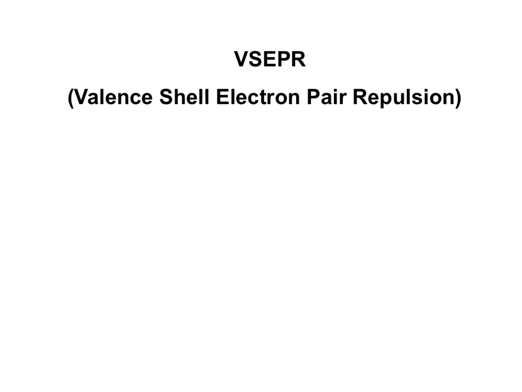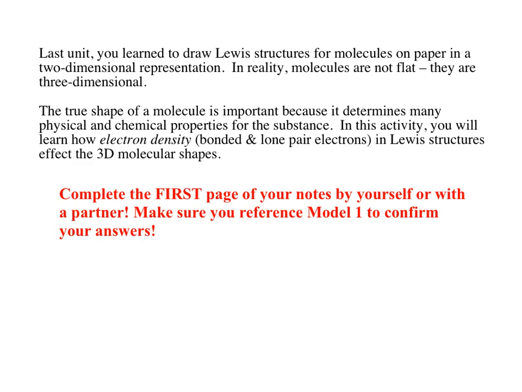This is the Chem 1 video for VSEPR, Valence Shell Electron Pair Repulsion Theory. So in the last unit you learned how to draw Lewis structures. If I give you the formula, you put the first atom in the center, you put all the other atoms around it, you draw your bonds, you draw your lone pairs, which was a really good representation of any molecule